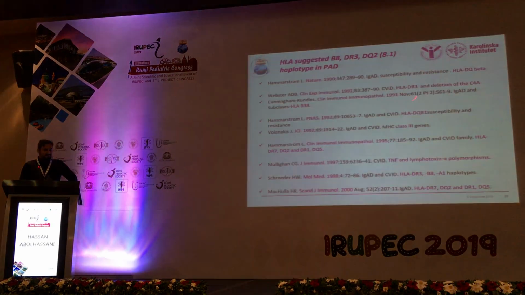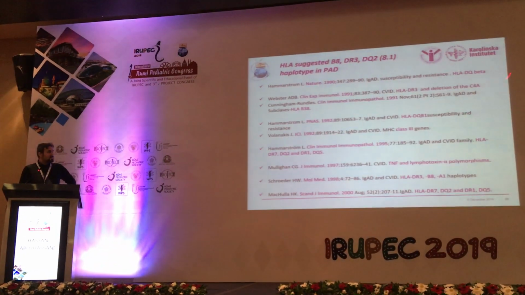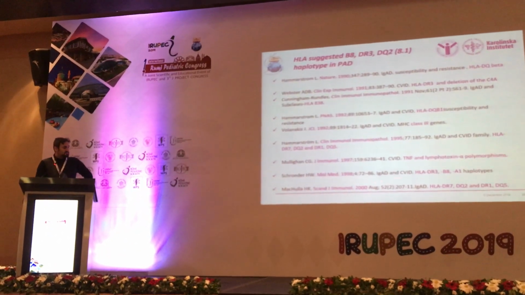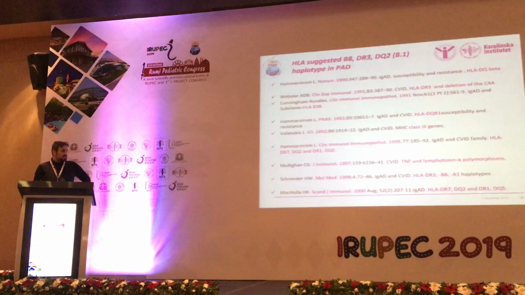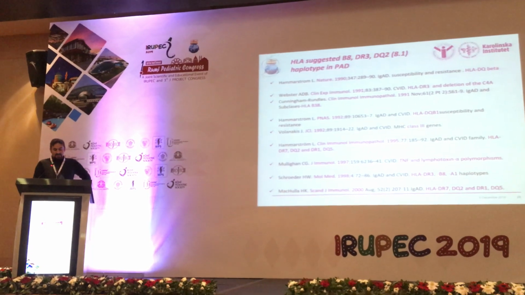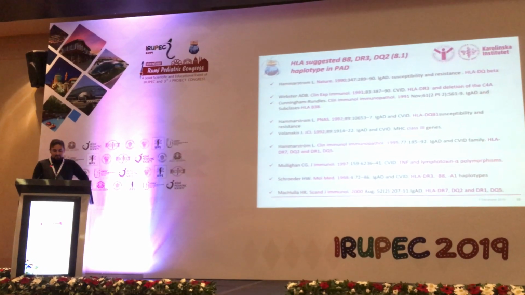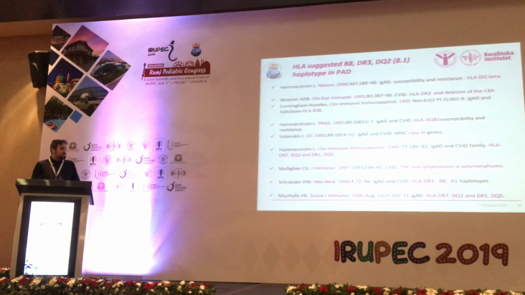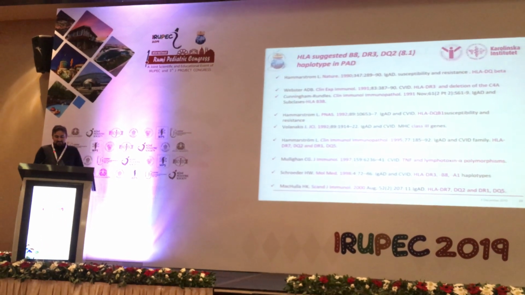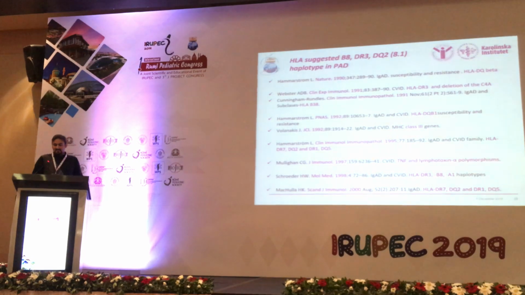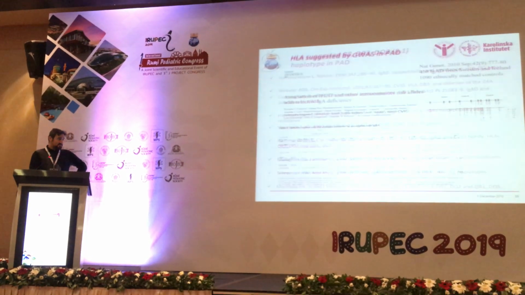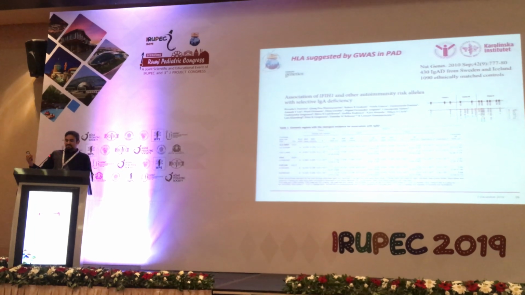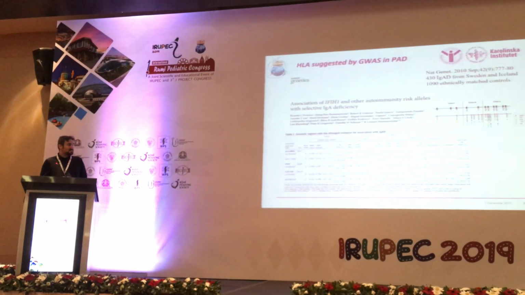You can see they performed different kinds of assays on HLA-DQ and HLA-DQB, and the majority of the studies in the 2000s found a special haplotype that we call haplotype 81, which is B8, DR3, DQ2, which is associated with both CVID and IgA deficiency in families that have a kind of familial clustering of the patients. That hypothesis was silent for a period of time, at least for